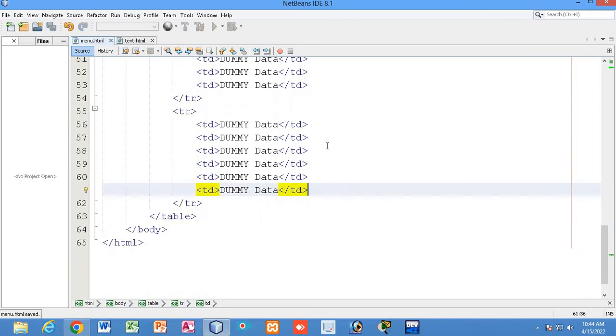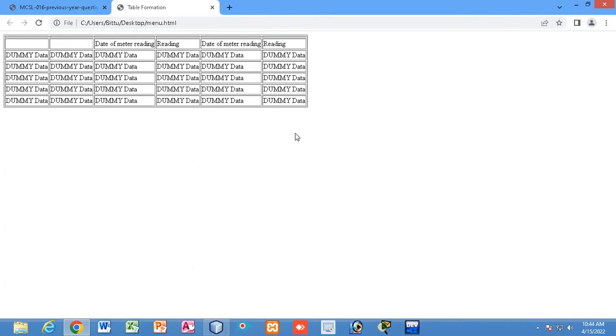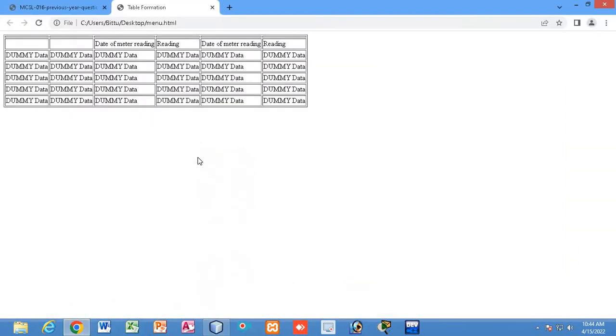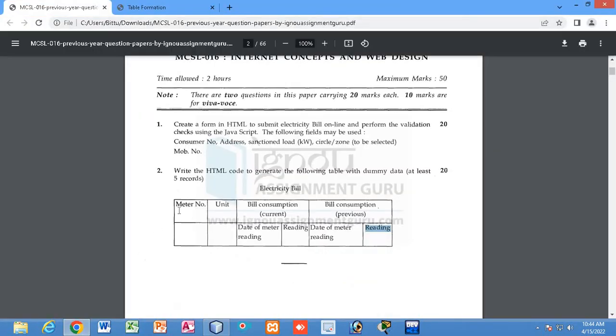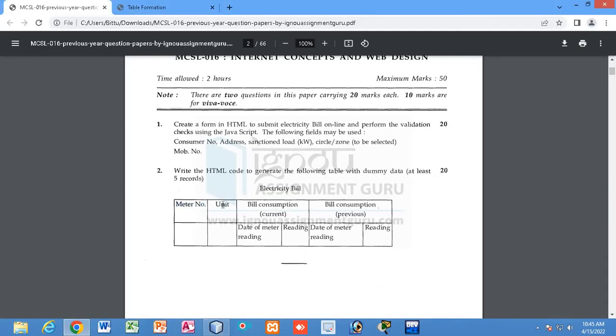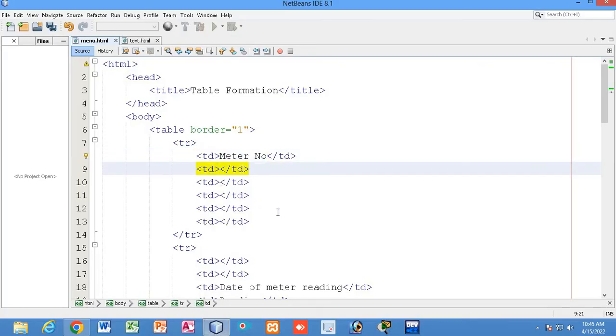Okay, so now see how it looks now. Now this is how it looks. Now we have to create that format here, this particular format. See, right? So you can see first in the first row, first cell, that is here, it is written meter number, unit,